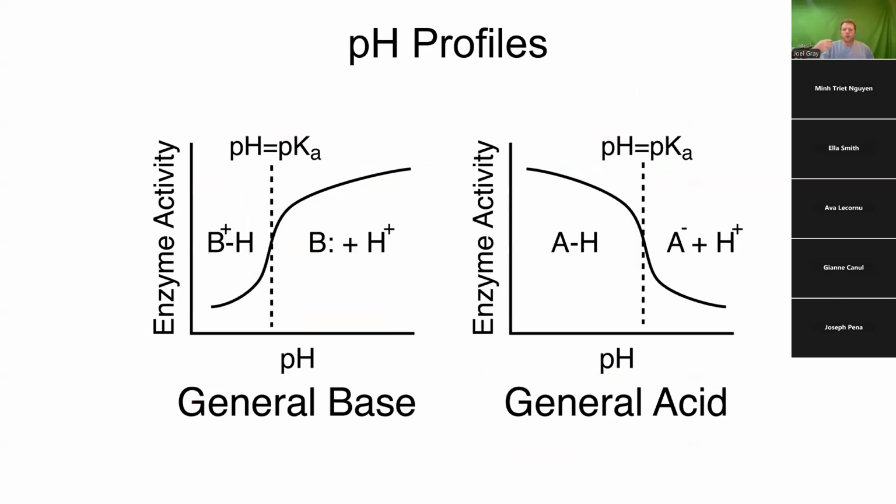So one of the things that I want you to take away from this, and this isn't so much like, oh, I need to memorize this graph, but think about this graph as your y-axis being 0 to 100, and your x-axis being a pH range from a low pH all the way to a high pH of 14. Same thing for this graph: y-axis is 0 to 100, and the x-axis ranges from 0 to 14. What this is showing is that if you have an enzyme where an active site residue is acting as a base, chances are